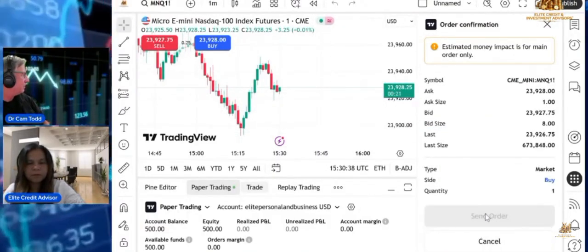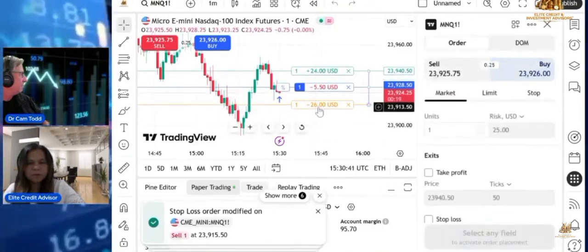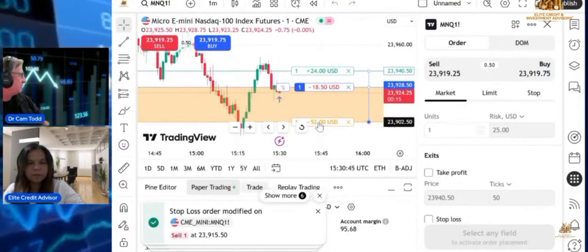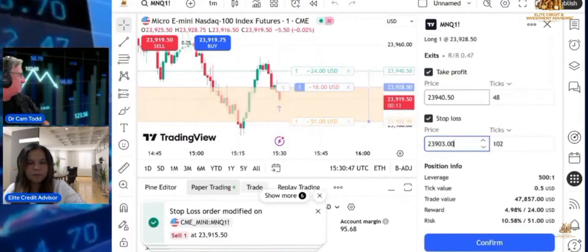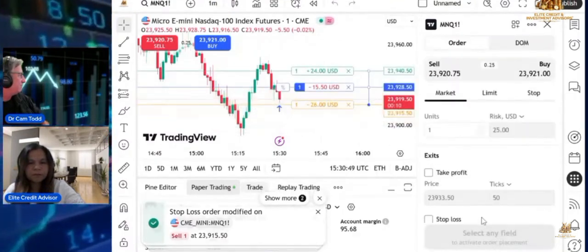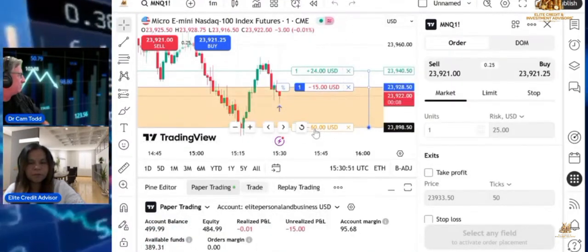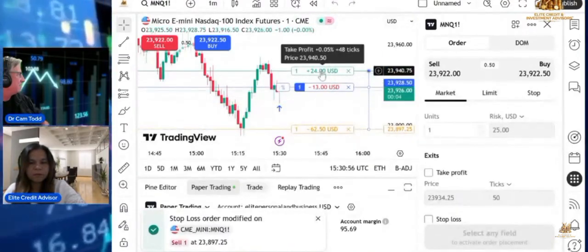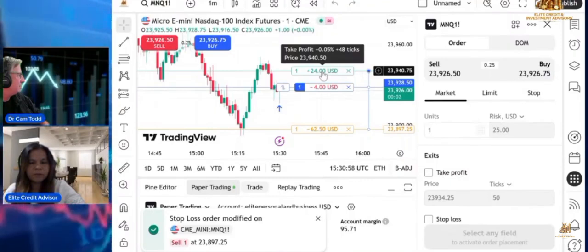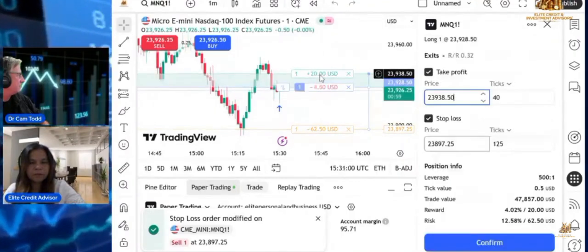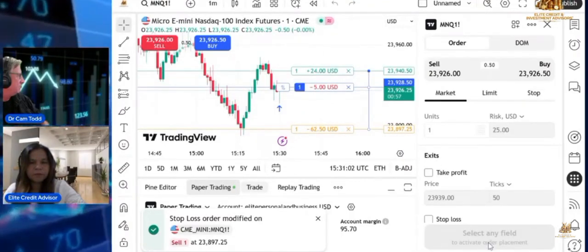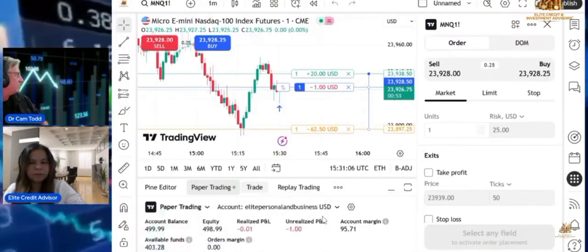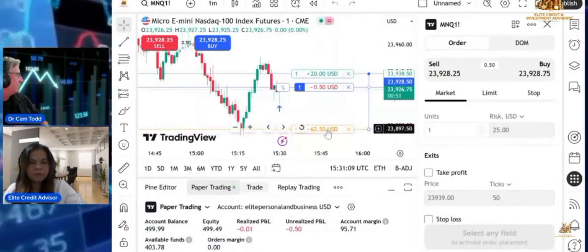There it is. There's my buy indicator. I'm going to send the order in. You're going to see it right there. I'm going to slide my stop loss down to $50. So the maximum I can lose in this trade will be $50 if everything went south, which I don't expect it to. All right. And then I'm going to take this as my profit. I'm going to take this down to 20 bucks. Okay. Because $20 is a little quicker to make than 25. So there we go. So at the end of the day,